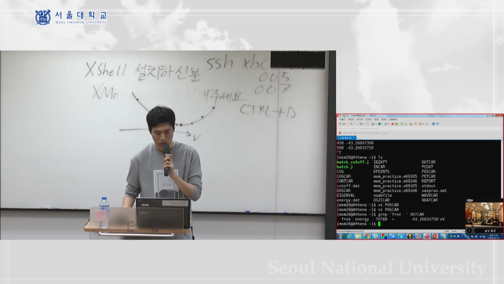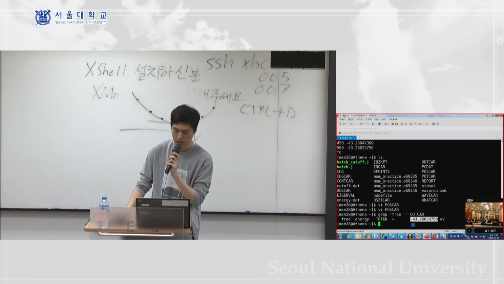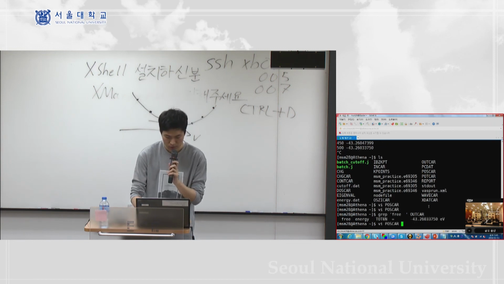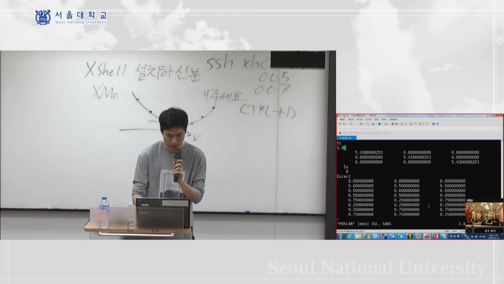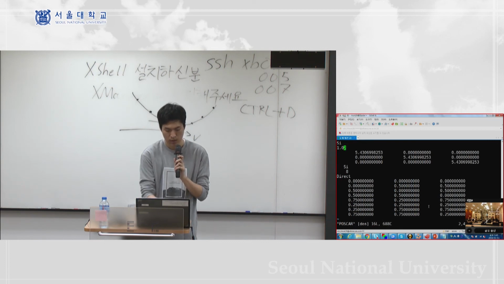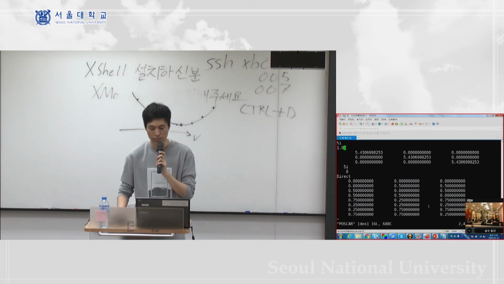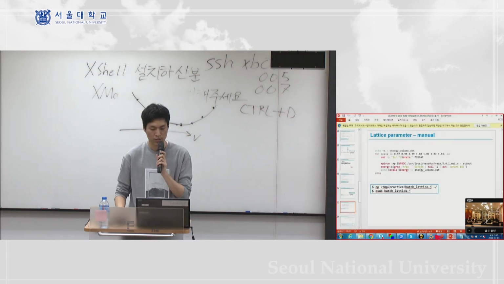So you can write down this energy and then change the scale parameter again, and so on. So you can manually calculate this, but